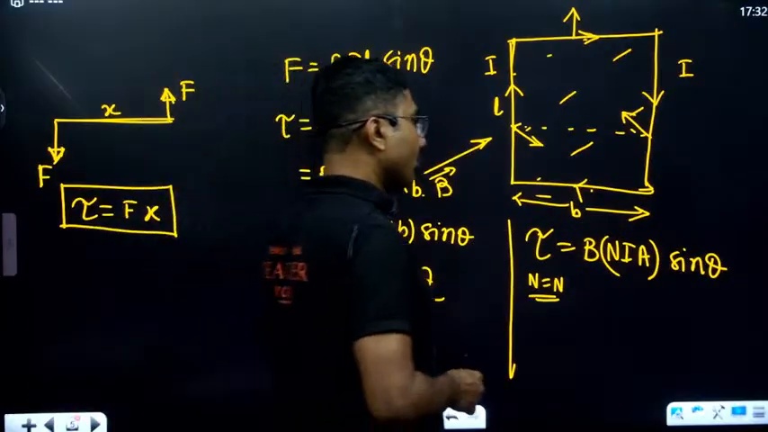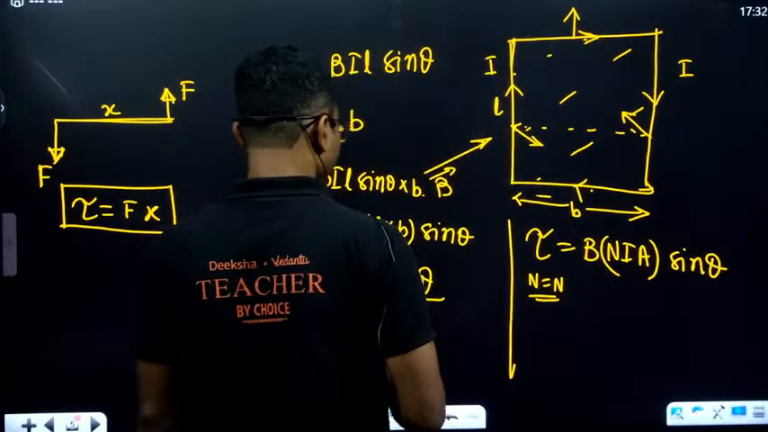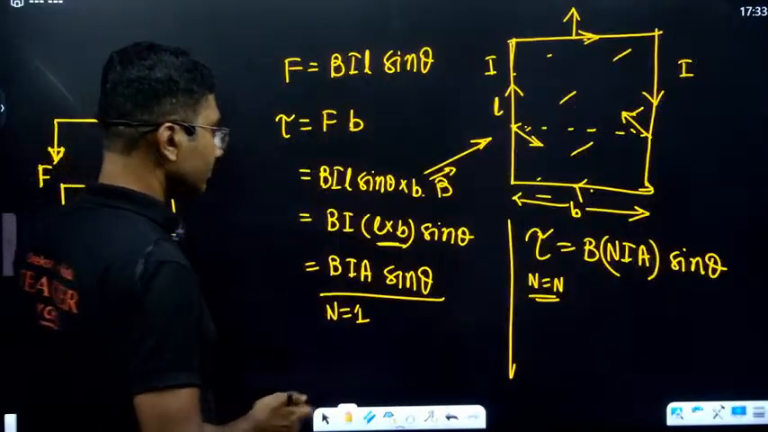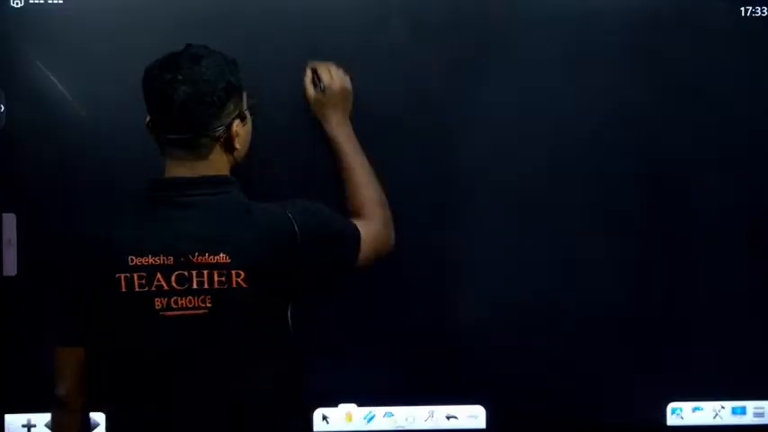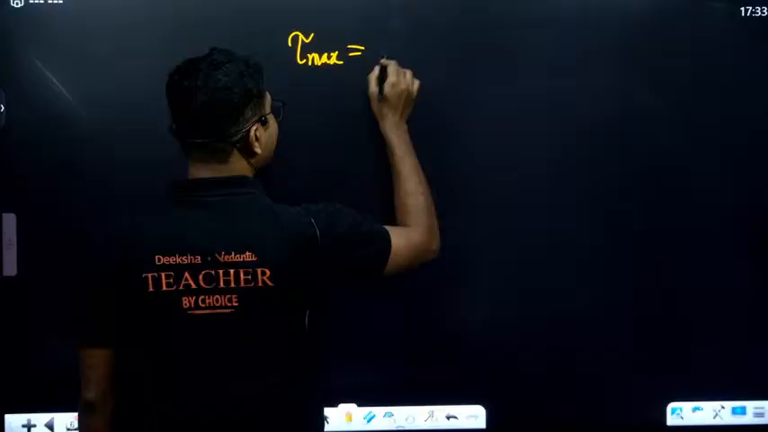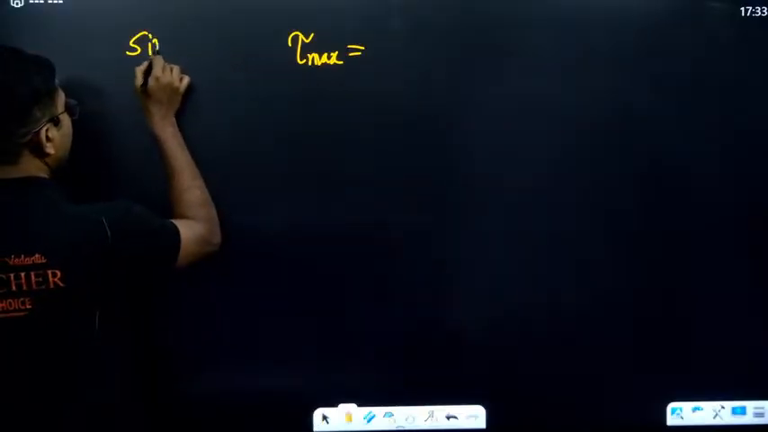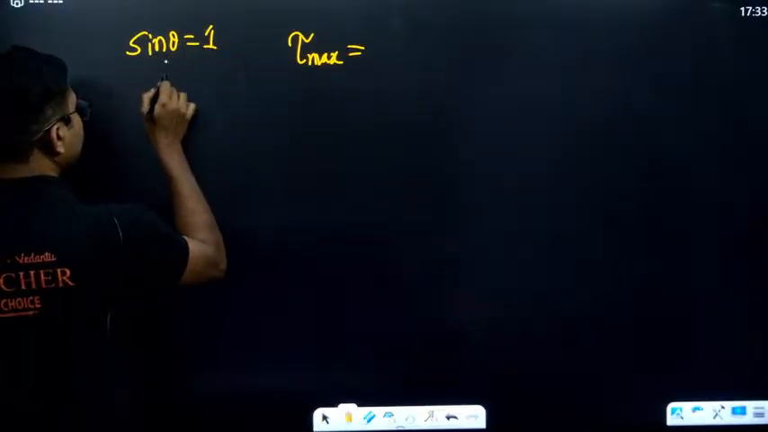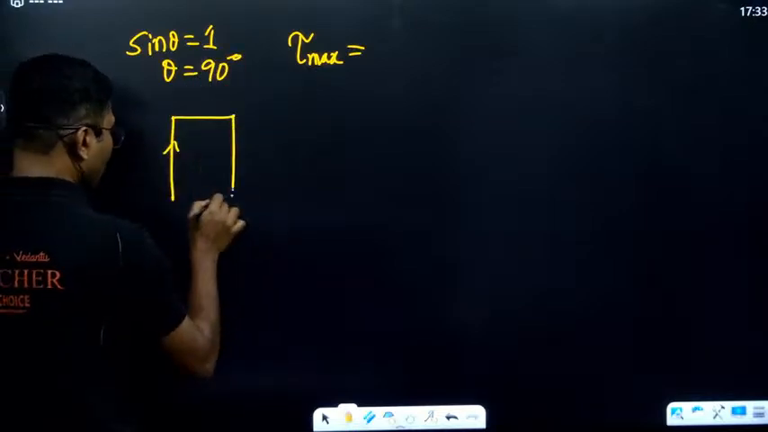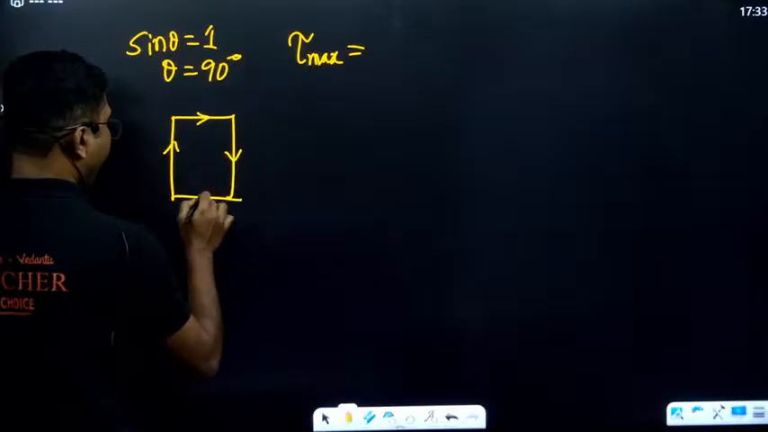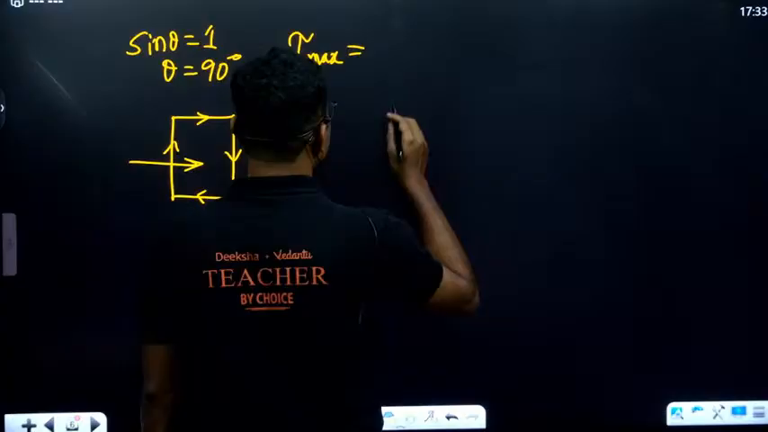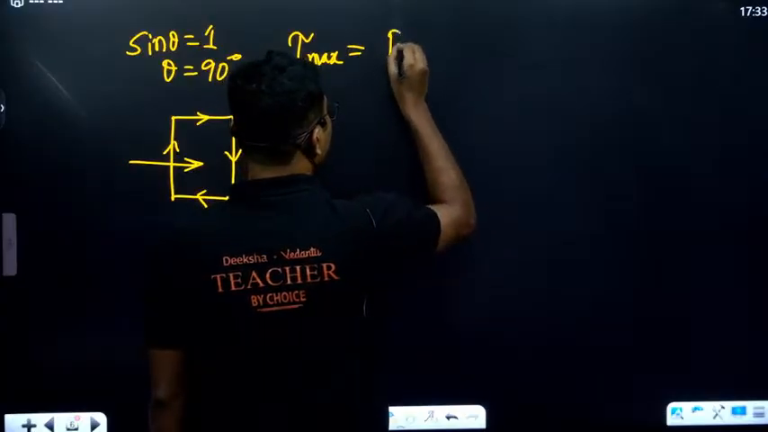Okay, you can remember the maximum torque. The maximum value of the torque is given when sine theta equals to 1. If sine theta equals to 1, that is theta is 90 degrees. So when the current carrying loop and the magnetic field are perpendicular to each other, in that case torque becomes maximum, and that is given by